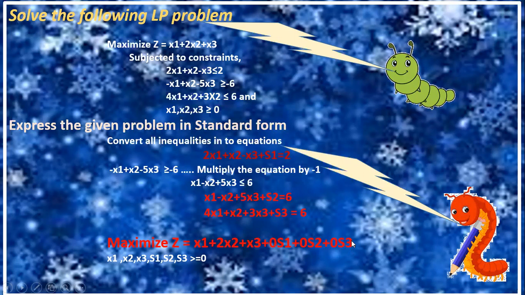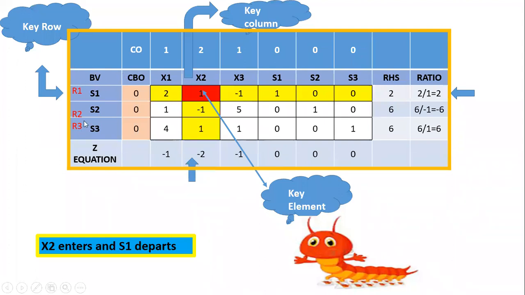Now write the table. The basic variables will be s1, s2 and s3, which contribute to a unit matrix. So the first column of the table is the basic variables S1, S2, S3, and the coefficients of the basic variables in the objective function are 0, 0 and 0. And write down the variables which are present in the objective function: x1, x2, x3, s1, s2 and s3. And write their respective coefficients at the top.